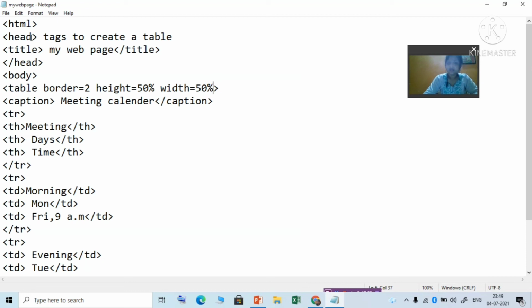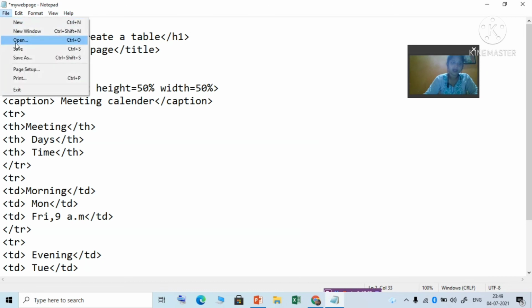So you can use head also, and you can use H1 also: H1, H2, H3, H4, H5, H6. Today I am showing you H1. H1 means the first level of heading. Automatically it will be bold.